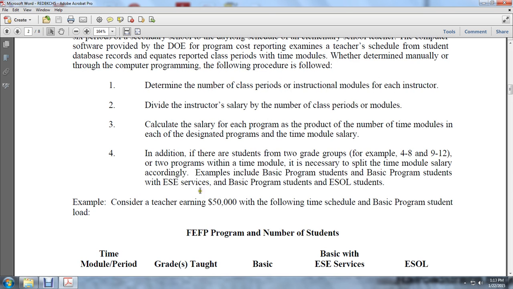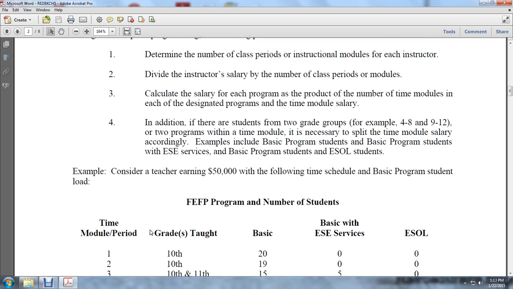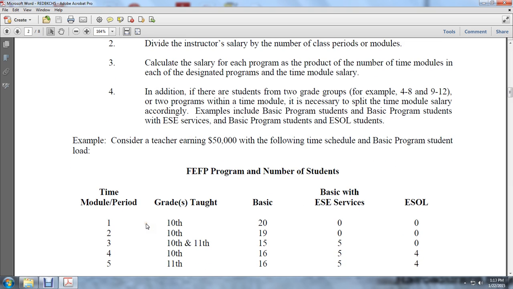Example: consider a teacher who earns about $50,000 for the following time schedule. The basis of the program should be the student load: the FEFP program number of students, time module, number of the grade taught, basic, ESE services, and ESOL. With time modules 1, 2, 3, 4, and 5, we follow the grades taught, 10th and